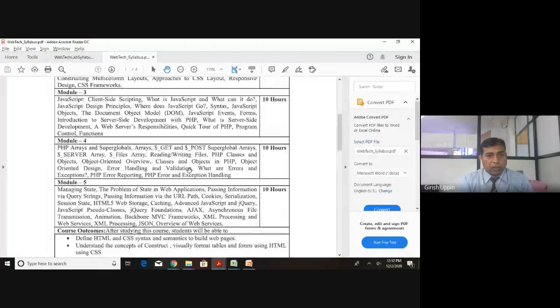In this session, we will look into Module 4. In Module 4, we are going to look into PHP arrays and super globals arrays. We will look into what are arrays and super globals, $_GET and $_POST super global arrays,